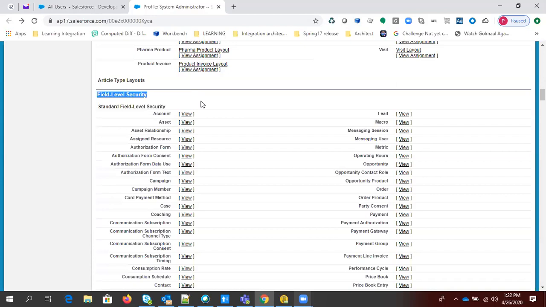So you can restrict or give access using field level security to a particular profile, deciding which fields are accessible for that profile. Let's say they have access to the Account object, and in the Account object you have a particular field called Revenue. If you don't want to give access to that Revenue field to every profile, then you can manage that field level security at the profile level.